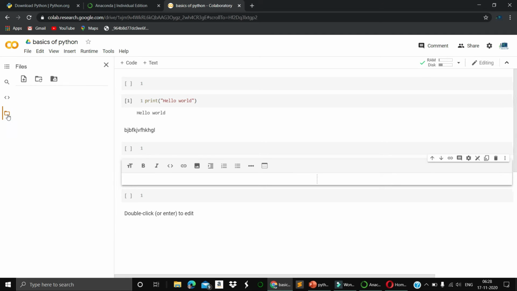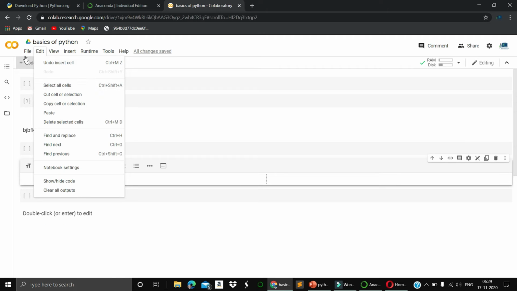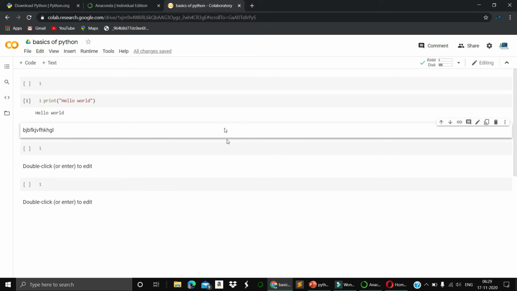But to know about this one, we have so many things, right? You can grab the data, or store things and run them, or save things. One advantage is this also: you can upload the notebook to GitHub, or copy from GitHub, or download anything, and you can also download the notebook from here itself.